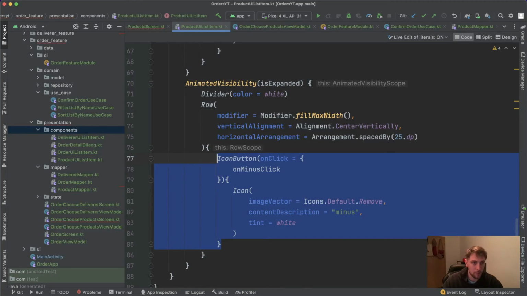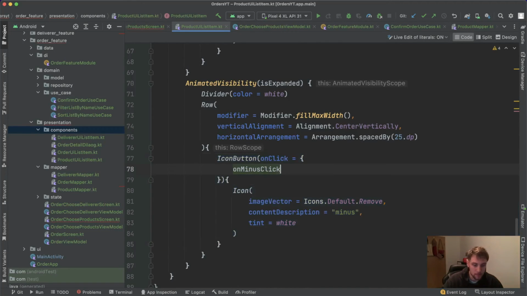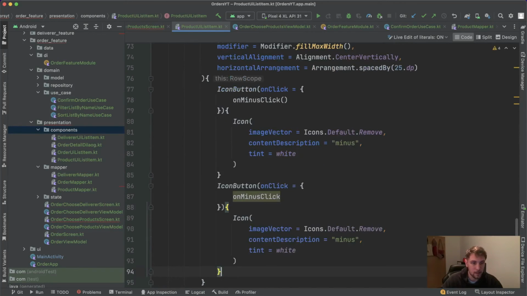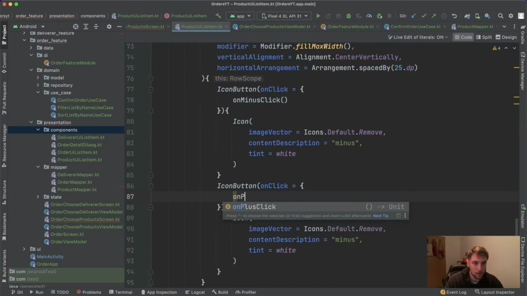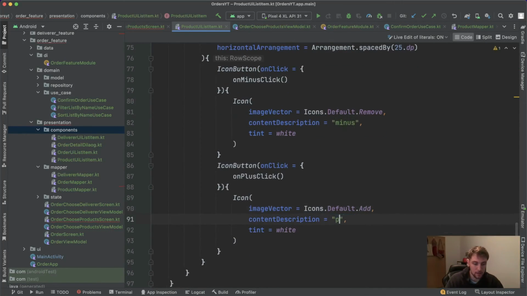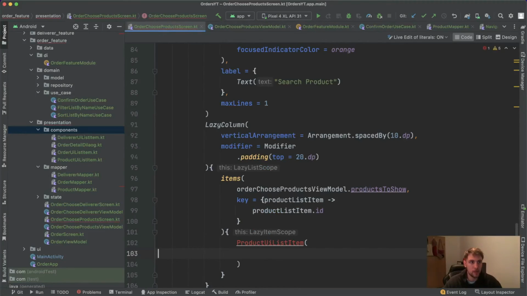Then we can copy this icon button, and we also need to change this onMinusClick function in here. And here we will invoke the onPlusClick function. For the icon, we have the Add, and also the content description will be plus. The tint remains white. All right, okay, then we can close this, go back to our order choose product screen,